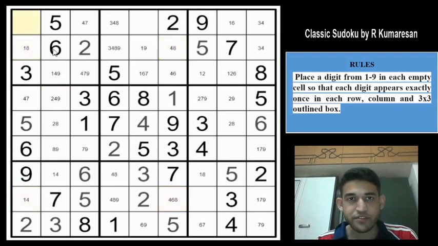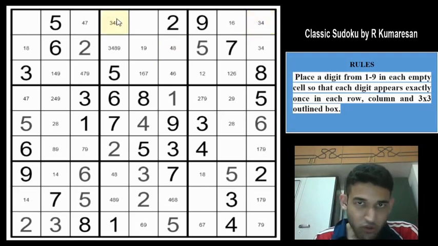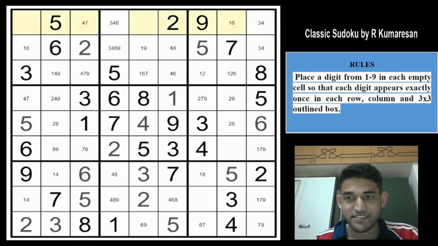The other way is, if you look at these 4 cells, 3, 4, 4, 8 and 3, 4, 8, this is called an XY chain, similar to the XY chain that we covered in one of our earlier videos. So basically in an XY chain, when you have a 3 in this cell, you get a 4 here, you get an 8 here, and because of the 3 here and 8 here, you get a 4 here. So if you have a 3 here, you get a 4 in this cell, and if you have a 4 here, still the 4 is confined to one of these two cells, which means that 4 can be eliminated from all these cells,